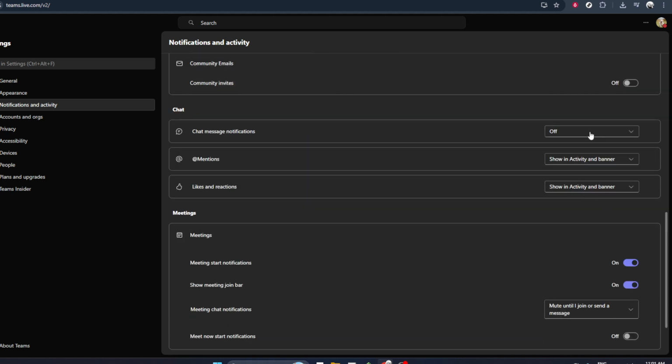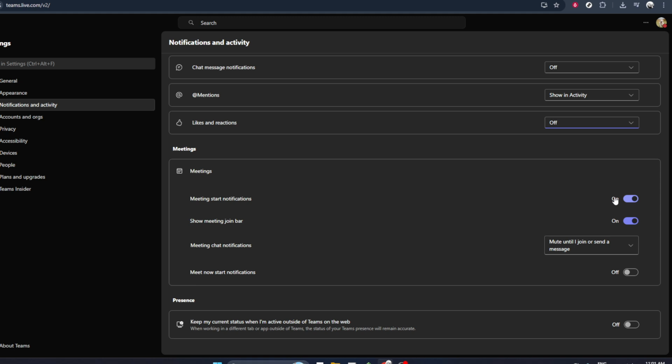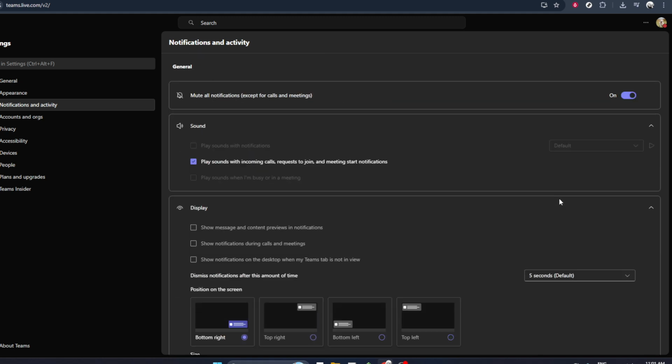You'll usually see choices like Show in Banner, Only Show in Feed, or Off. To completely stop the pop-up notifications, select Off. Click on Off, and Teams will no longer display those banner-style notifications for the setting you just changed. Depending on your needs, you can repeat this for other notification types in the same section. Once you're done, you can simply close the settings window. Your changes are saved automatically, and your screen